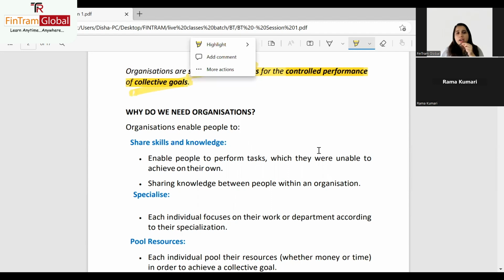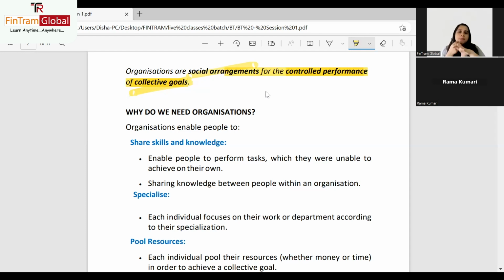Now, an organization could have any goal, right? It could be that I'm a profit making organization, so my main aim is going to be profit. So our goal could be for the year that, okay, we have to make 1 million profit this year. Another organization's aim could be a little different. Maybe it's a not-for-profit organization. So their aim could be, okay, we need to provide services, or we need to do some social services. Let's say for any not-for-profit organization, it could be that we need to plant a lot of trees this year, because there's global warming, there's so much problem in the environment.